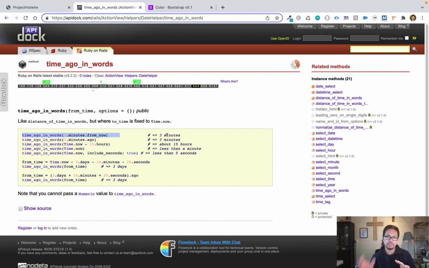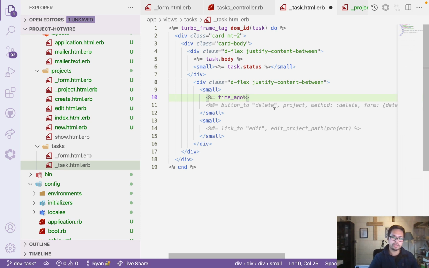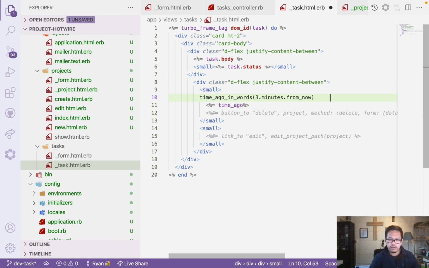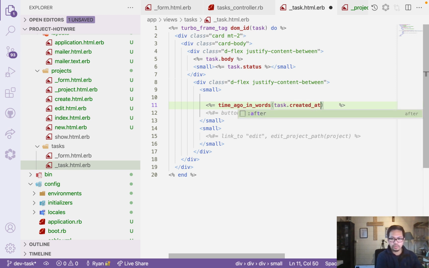So time ago means once you created the task, it will say, hey, this was created, let's say 3 minutes ago, 5 minutes ago. That's the good thing about that one, we can read exactly when it was created. Did I copy paste that one? Yeah. So here I will use the task and then created at. Remember, we created